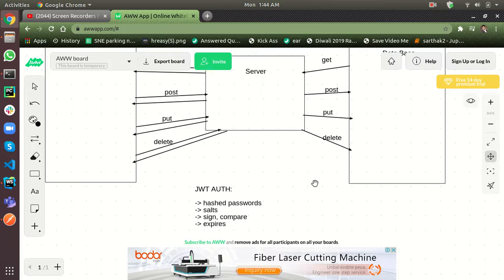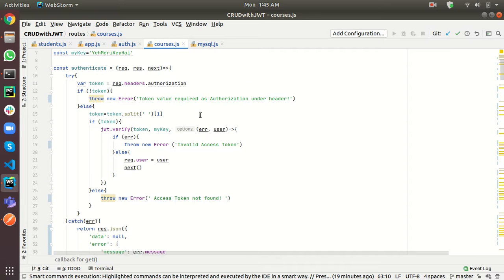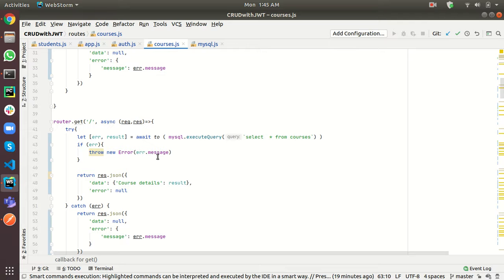So now I will head towards the project demonstration part. Before demonstrating how my project is working, I would just show you the working of the server code. We have a courses file. The courses file authenticates a user if a user wants to enroll or deregister from a course. There is no need for authentication when a user wants to view courses or add a new course. Viewing or adding courses is a public process, so there is no need for authentication in that.